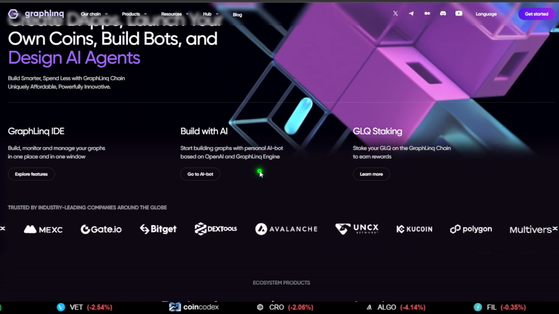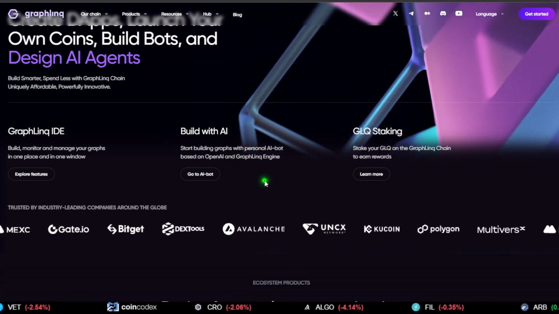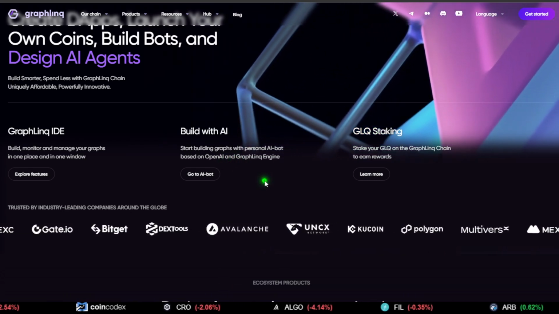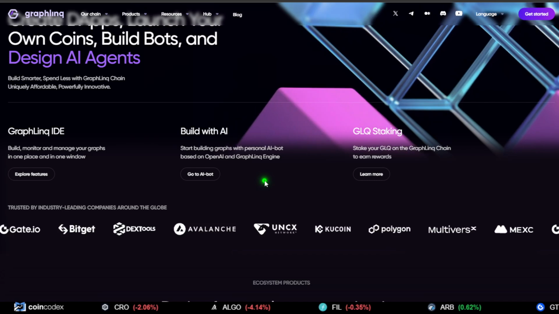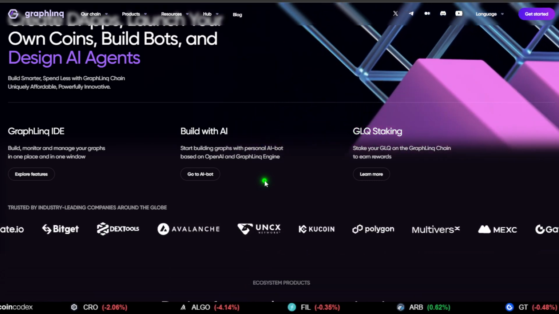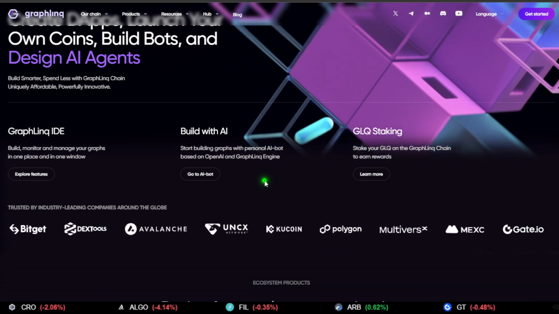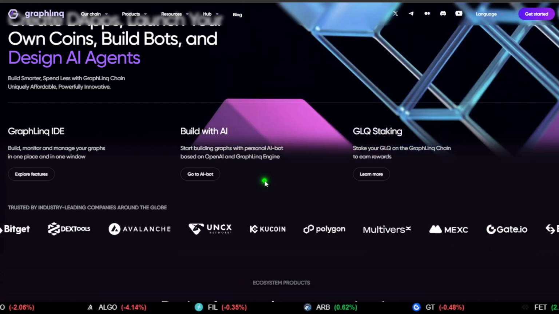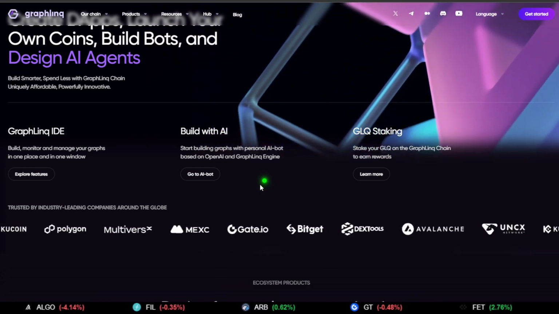Then we go on forward and we start to see that we have OpenAI, which is not a decentralized framework, let's put it that way. At the end of the day, there's a CEO, there's a founder, there's this, there's that. And really, it is a Web2 AI platform, which is not really in tune and in line with the decentralized protocol that GraphLinq aims to be.